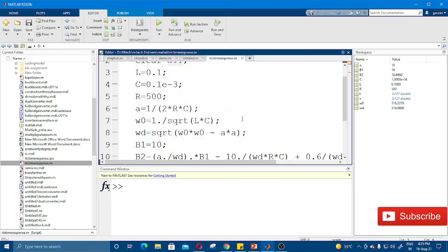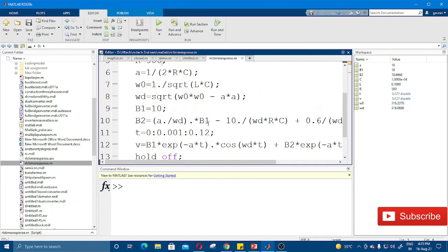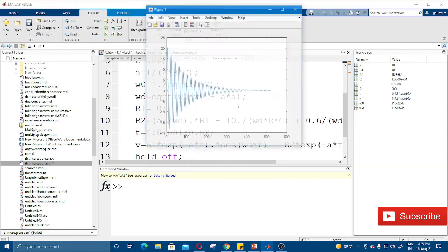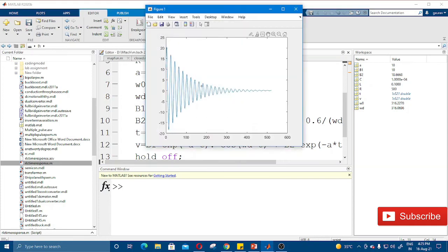So if you want to see its steady state, you have to increase this time period. So let me change 0 to 0.52 second. Let's run the program. See, now it is going to settle after a long time.